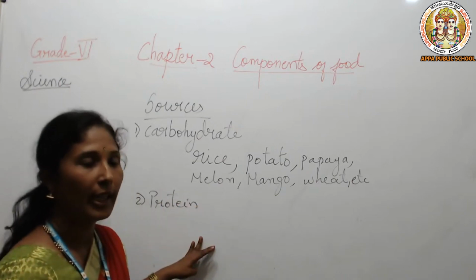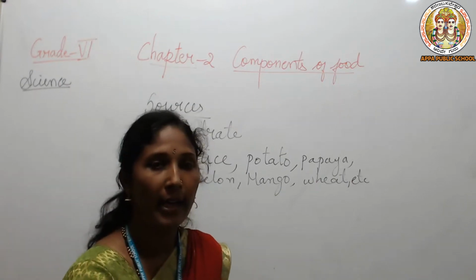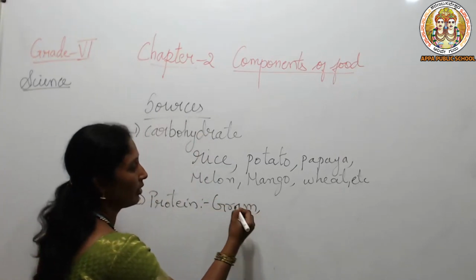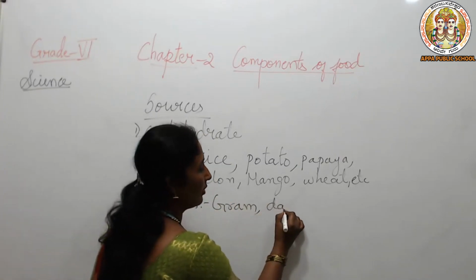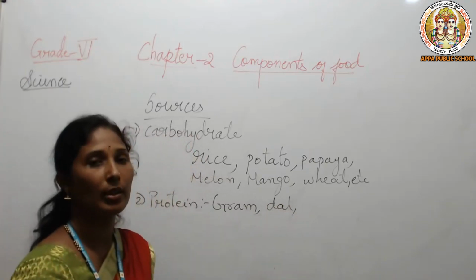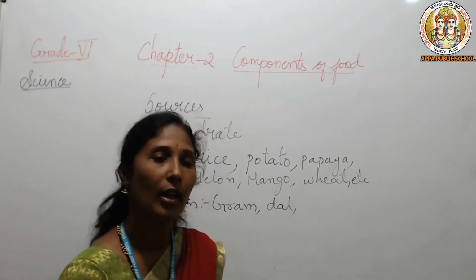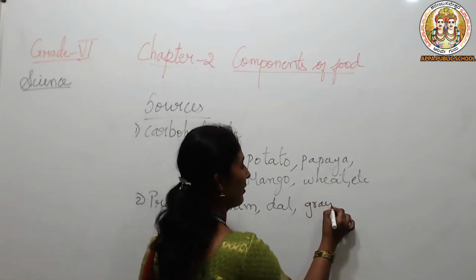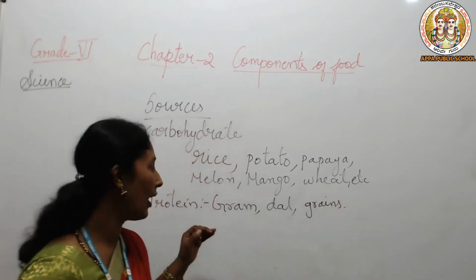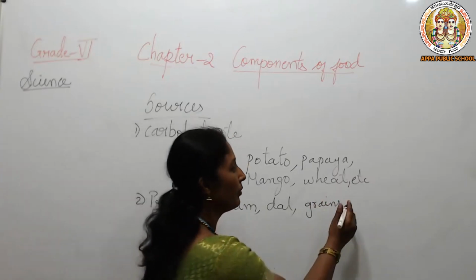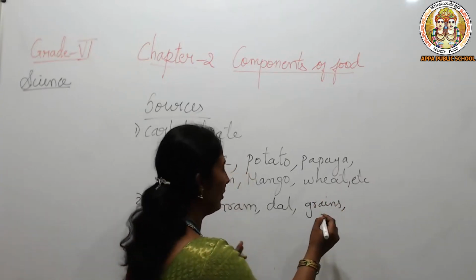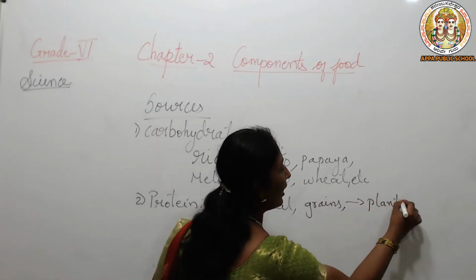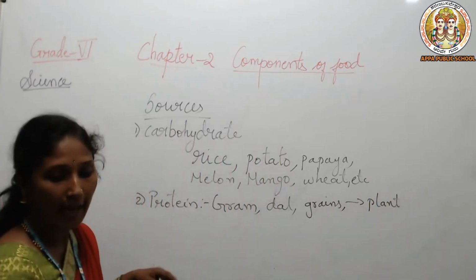Yes, protein we will get from grams, like dal, like tur dal, moong dal, chana dal. From all of these we'll get protein, and from the grains also we'll get protein. Again, this is from the plant source. Next one, from the animal source we will get protein